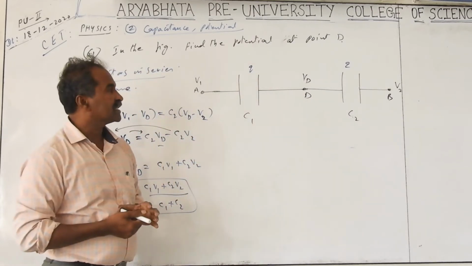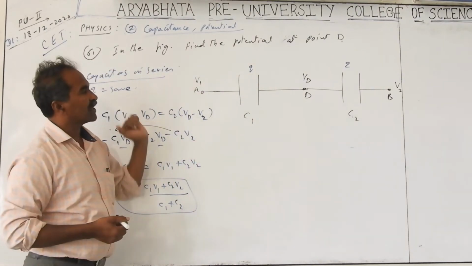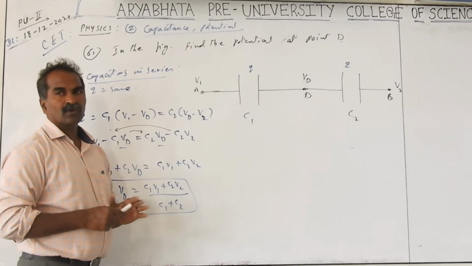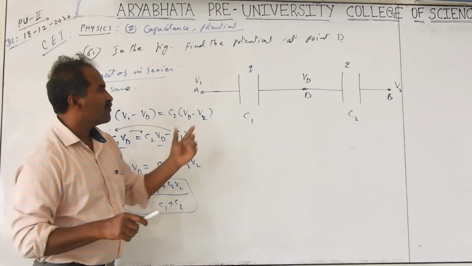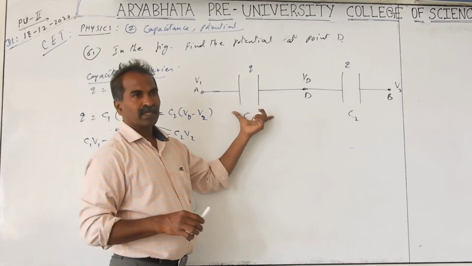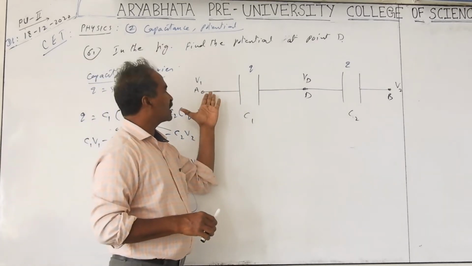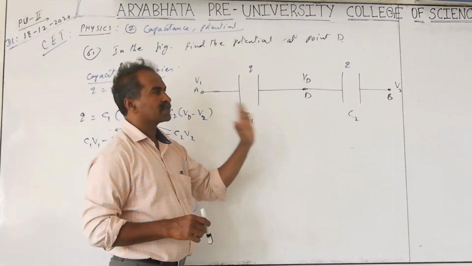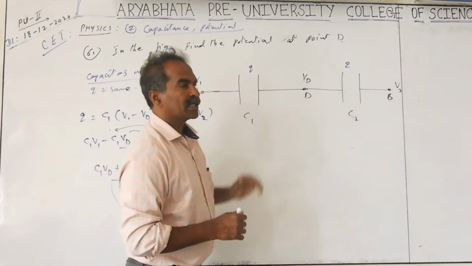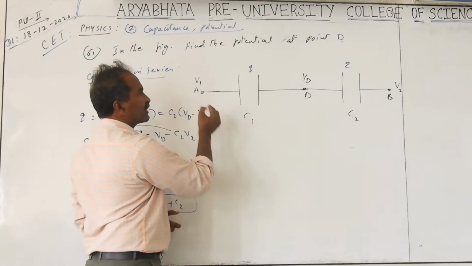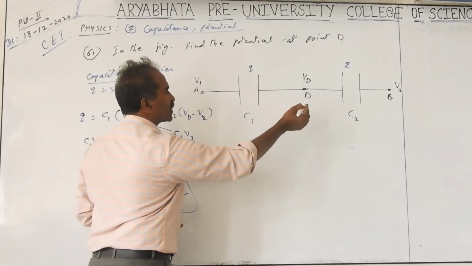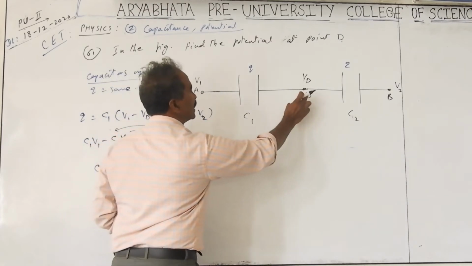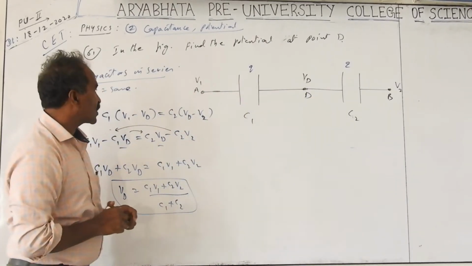They are in a series combination. In a series combination, what is constant is the charge Q, which is the same. So Q equals CV, the formula, C equals Q by V. What is V? V is the potential difference across the capacitor. Let us imagine this side is higher than this side. We can take it in reverse also. Generally we take the left side positive and the right side negative. So if you take this as the higher potential and that as the low potential, we take VA minus VD, and that is the potential difference.